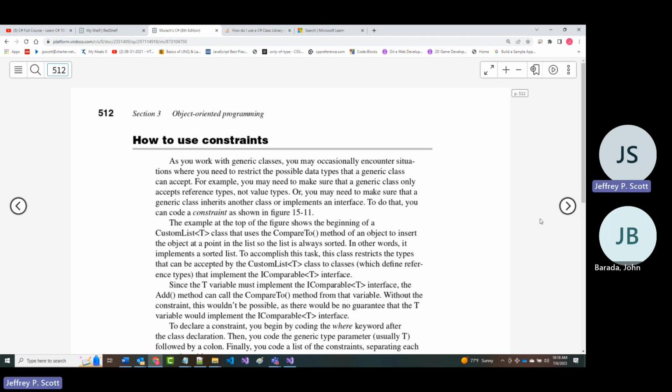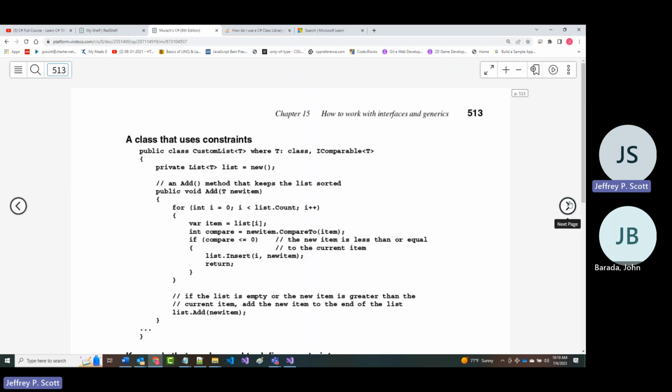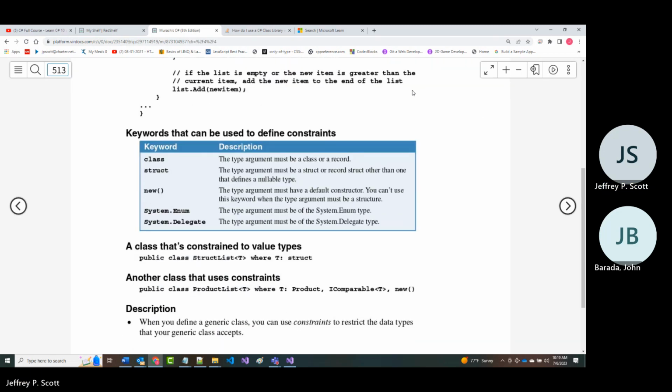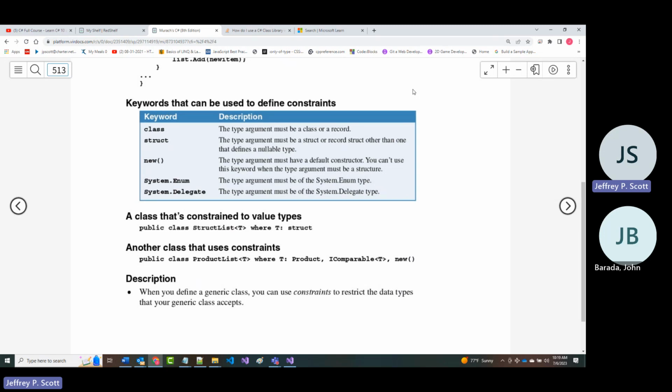All right. As you work with generic classes, it says you may occasionally encounter situations where you need to restrict the possible data types that it can accept. To do that, you can code a constraint. So if you want to allow only certain things, all right, you can do that. And that's some of the stuff that you can use with these.